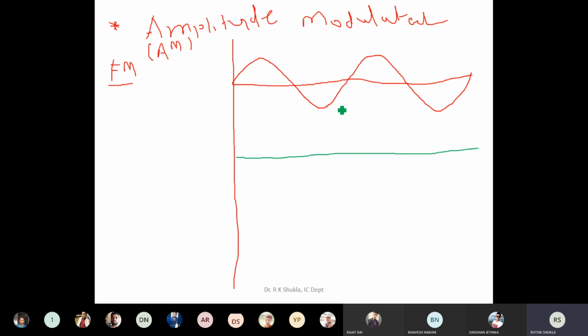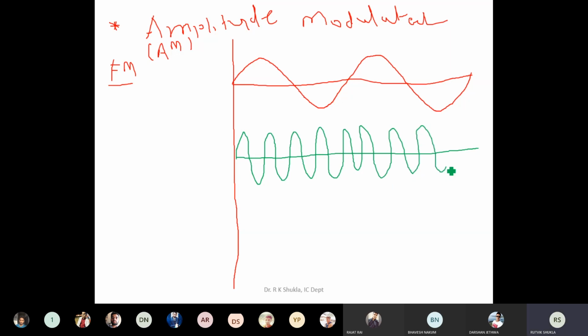At the destination, the courier person just has to deliver that parcel, and then the role of the courier finishes. Just like this, the carrier has to carry the information from the source to the destination. At the destination, the role of the carrier finishes. So here, the carrier which we are selecting is a high frequency signal. It is like this. It will be even higher than this, but just for understanding, it is a fixed frequency.